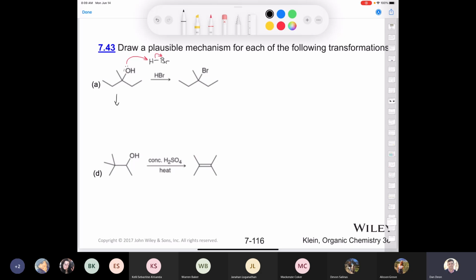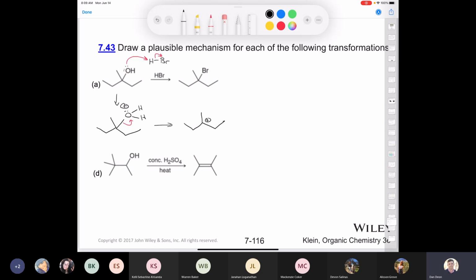So let's draw the intermediate. I'll draw it down here just in the interest of space. So we're going to have this like that, and then we have the ethyl group here. Now you see the way that I've drawn the protonated hydroxyl like this. This is a shorthand of drawing the whole Lewis structure, which either way is acceptable. You can do it like that or like this. But either way, now we've created what? We've created a good leaving group, because if water leaves, water is the conjugate base of hydronium, which is a strong acid. So we can have our leaving group leave like that,